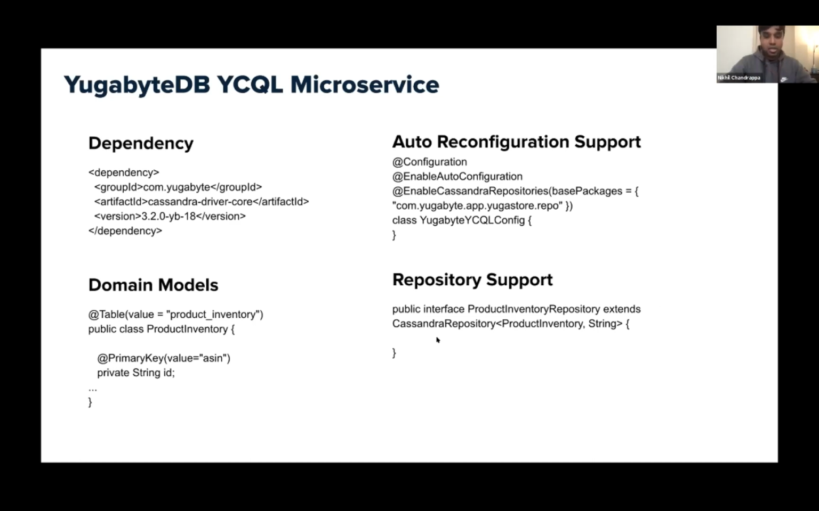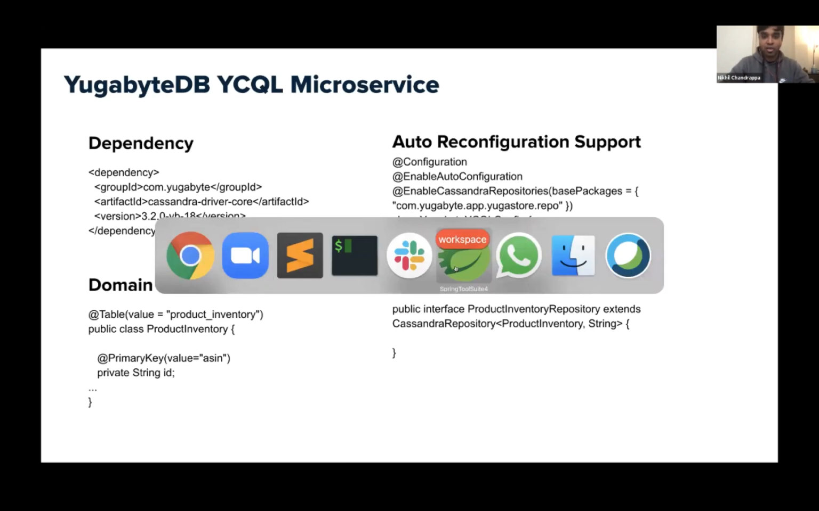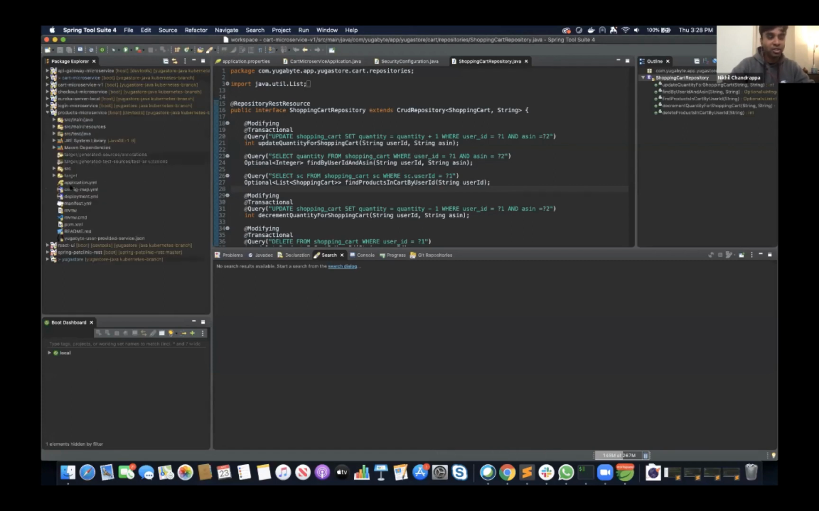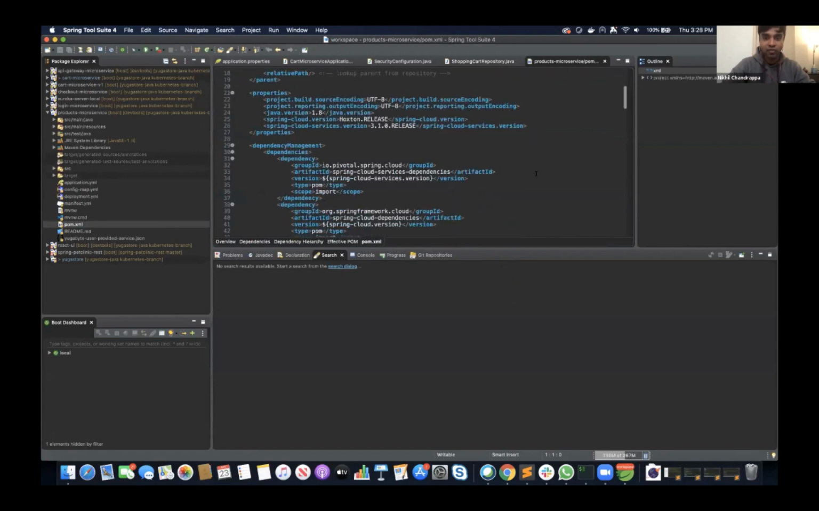Cool. Let me quickly go to my workspace. I just wanted to quickly show you 2 microservices. One is the product microservice, which is actually using the CQL aspect. So if I quickly go to the POM file, so if you see,